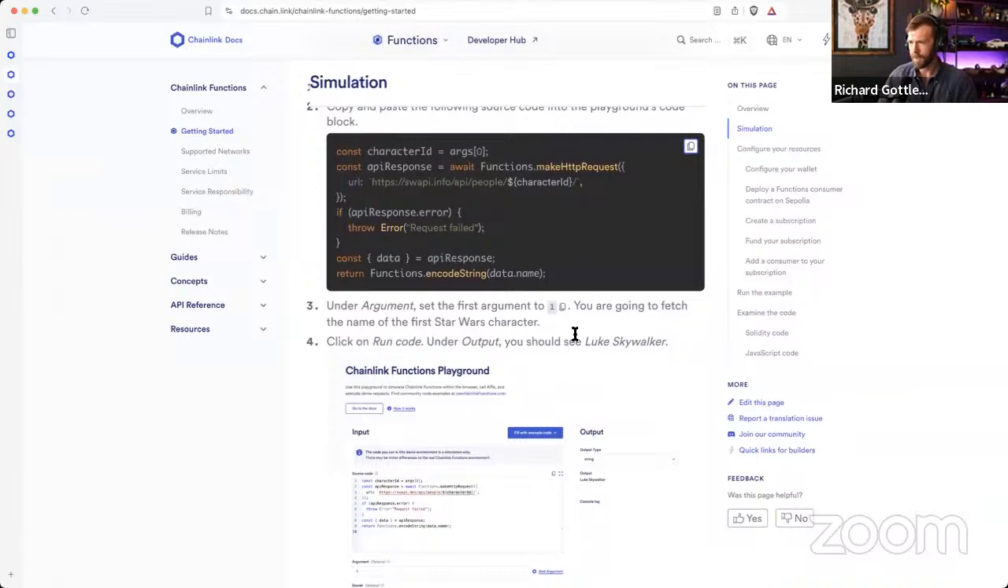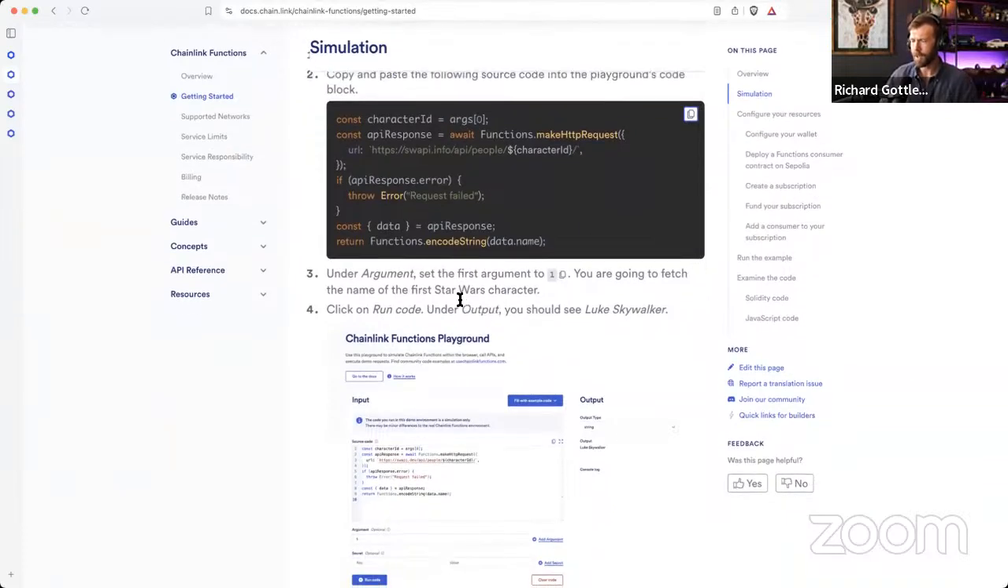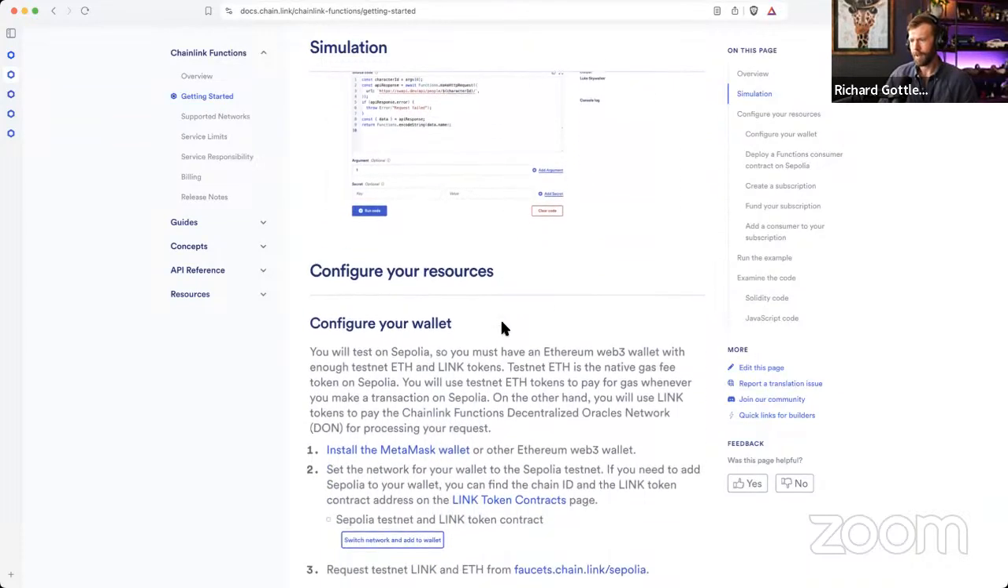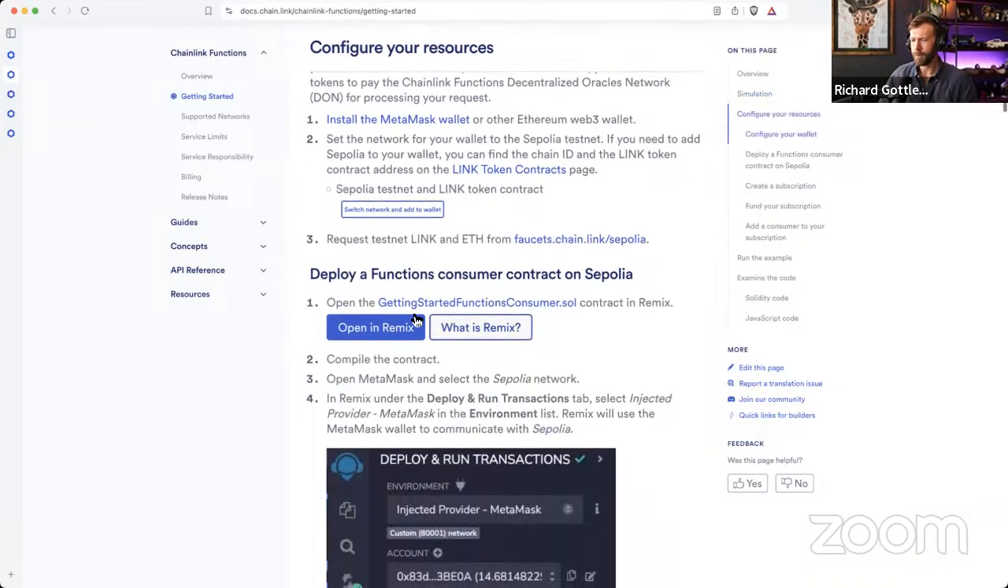So we talked about what this does. We've got our arguments. We've got the first name and the Star Wars characters. We went ahead and ran it. So now we can go to Remix. So we'll open in Remix